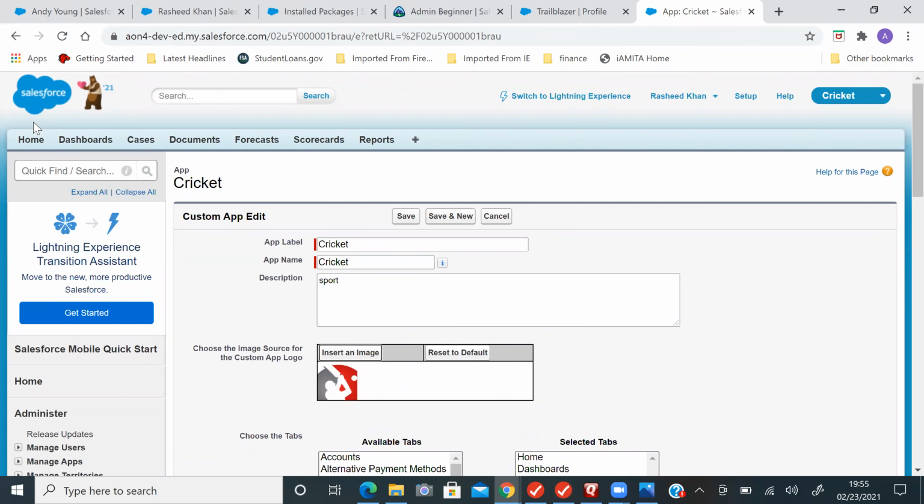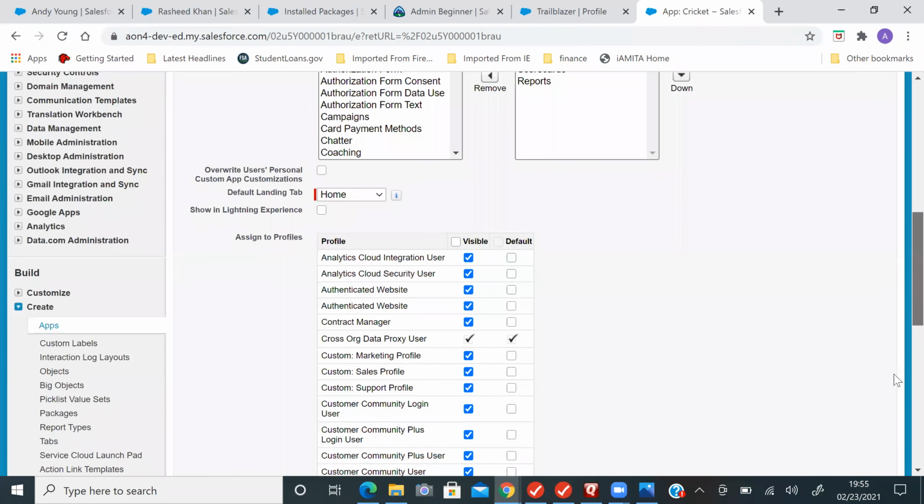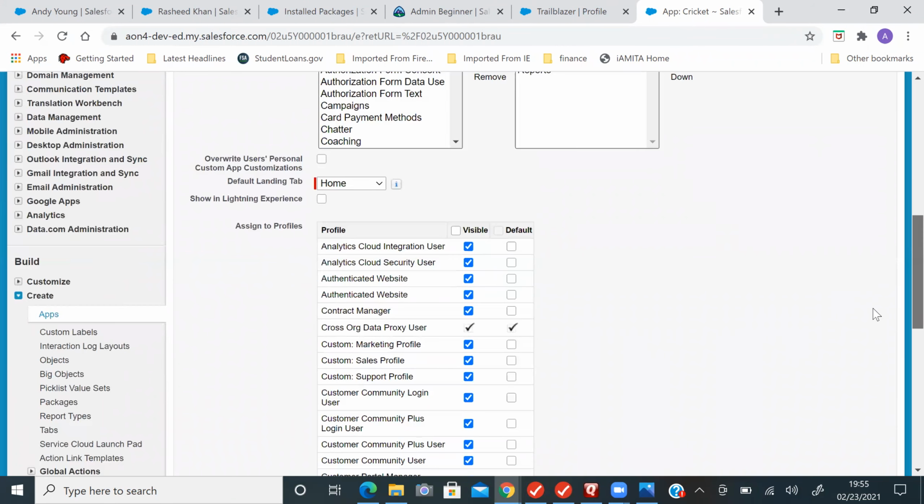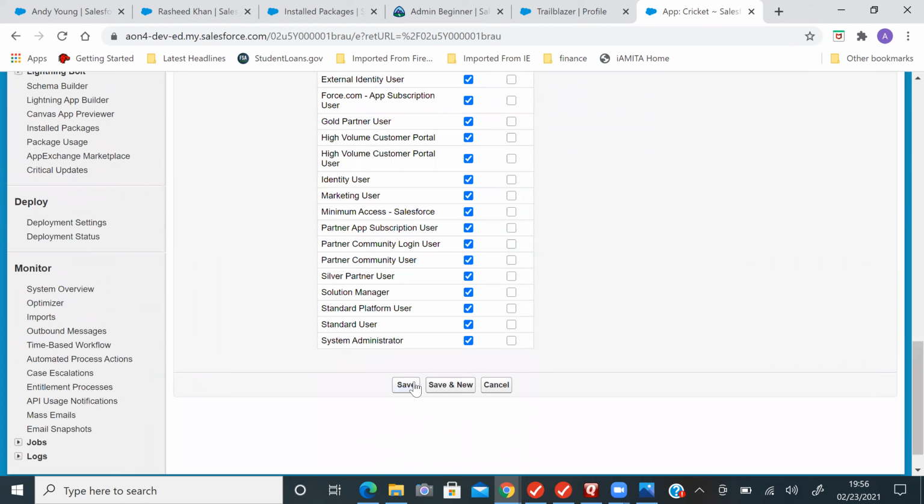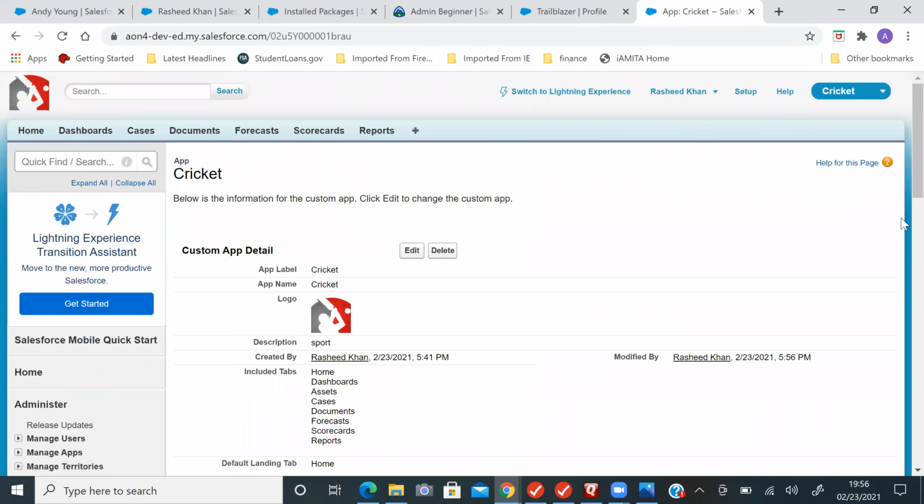15 KB. Now you can click on save. If you want to make any changes to your available tabs and all, you can do it here also. Perfect. Now you can see your logo is updated; earlier it was the standard Salesforce logo. Now it is your personal logo.